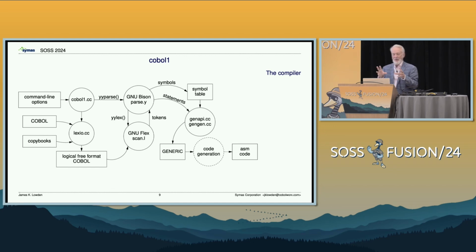I wanted to talk about what the compiler itself looks like. Again, the COBOL 1 compiler is taking in whatever command line options you provided it with, so it knows what files to read. It has to incorporate all the various input files into one single stream that is going to be parsed.